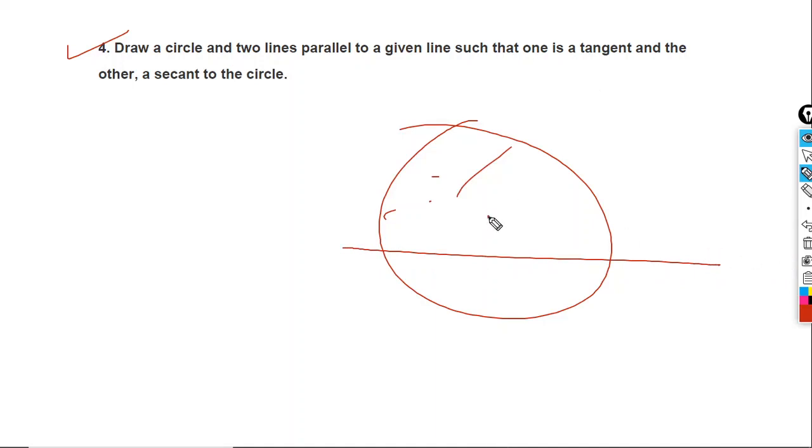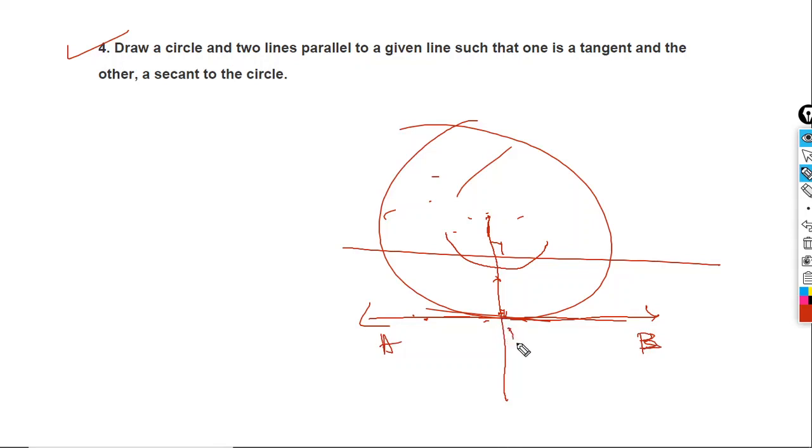There must be a center. Now what you will do? You draw first a perpendicular to it. You know how to draw a perpendicular to a line from a given point. Now join this. It will be a perpendicular. Okay. Now you have got a point. At this point, you try to draw another perpendicular. You can draw a perpendicular, you know how from class 7. Now this line will be a tangent. Name it. It is not given any name. Name it AB. AB is a tangent to the circle at point P.